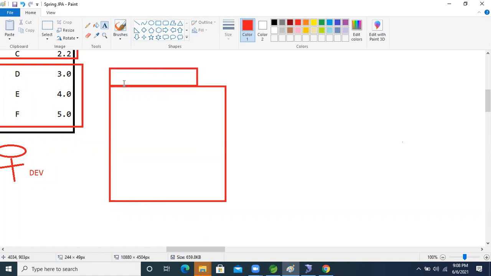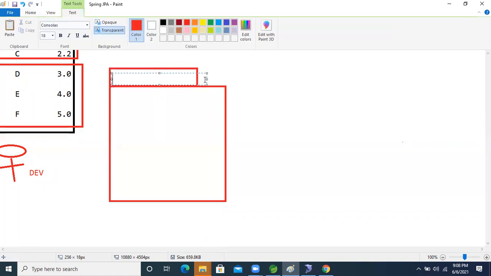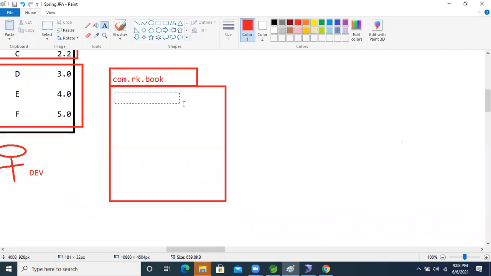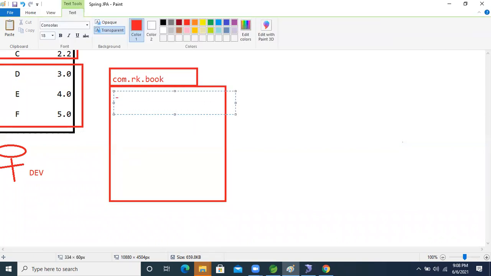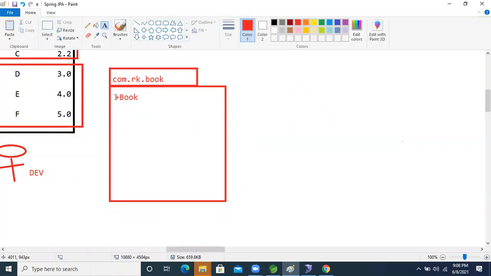Here, what I'm going to do now is take the package name com.rk.book, right? Book. I'm taking the class name as public class Book. The class name is Book only. Fine. So after that, inside this Book class,